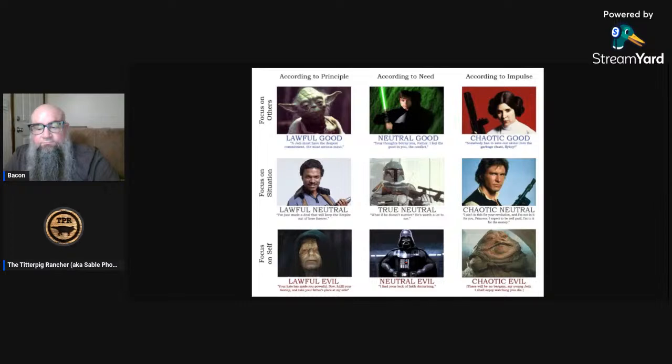On the neutral axis, on that vertical, on the columns, I am important. Other people are also important, and I need to make a judgment on how important they are based on the current situation I'm in. Right? The good of the many outweighs the need of the few. This is Spock's view. I have to sacrifice my quote unquote best friend who stole my ship in a gambling game. I have to sacrifice him to uphold my responsibility to everybody else in this city.